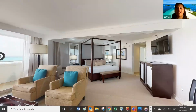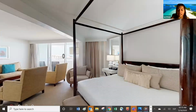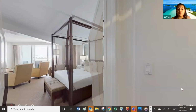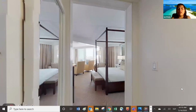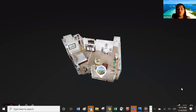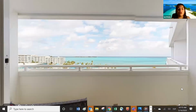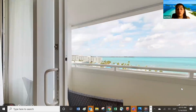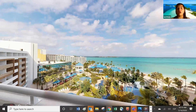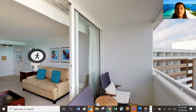One of the things that we are super proud of is the view from our balconies. The shape of the hotel is like a U, so it's a U shape. Therefore, most of our rooms have this beautiful ocean view. And I would say that if people are ready to visit the destination and ready to take this short flight from the East Coast, it is really worth it for you to push for the ocean view categories. Take a look. Isn't it amazing? It's beautiful. The color of the ocean is just to die for. So this is my recommendation for the newlyweds or for weddings,